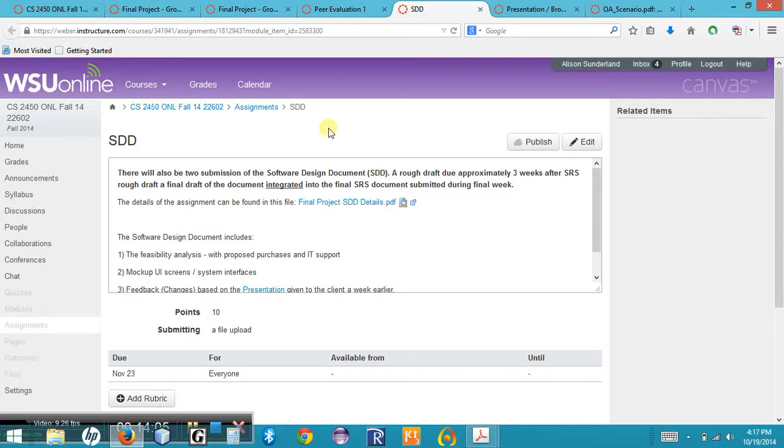reduced points. Now, that doesn't mean that the other teams can't get an A on the final project. It only means that the winning team, the winning group that gets the contract from the client, will be the only group that gets 100% of the points. All of the rest of the teams will get reduced points, but that doesn't mean they still can't get A's. So you're going to want to include a feasibility analysis with the break-even point, with the diagrams, and with a final estimate for your